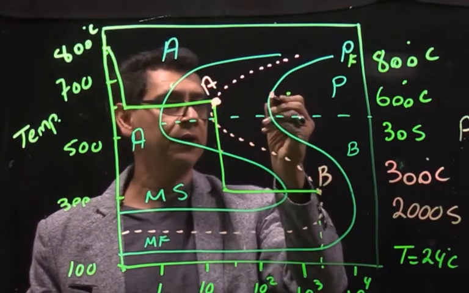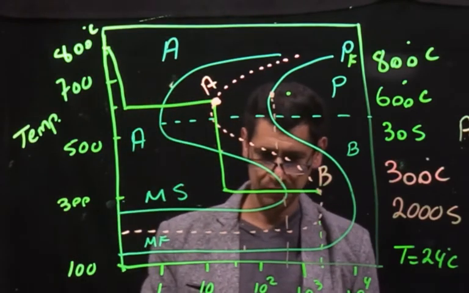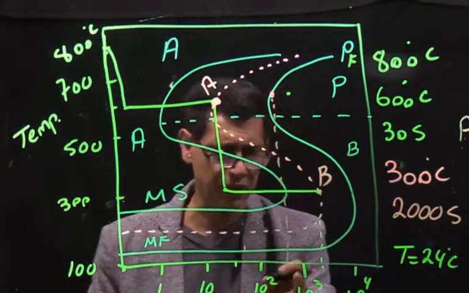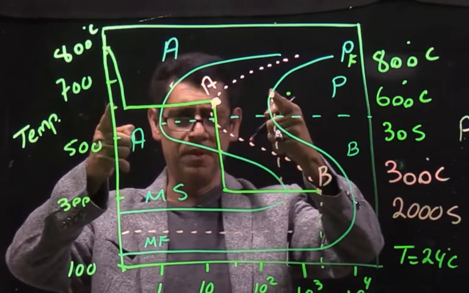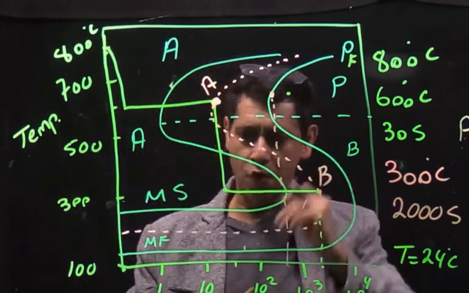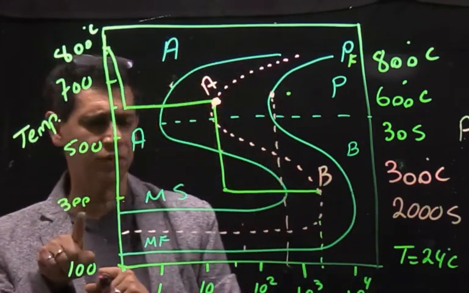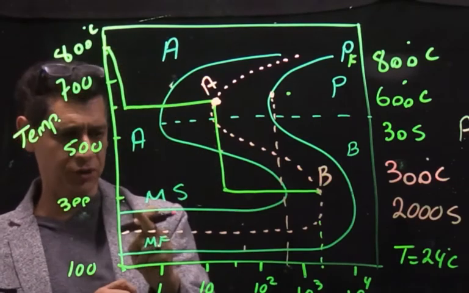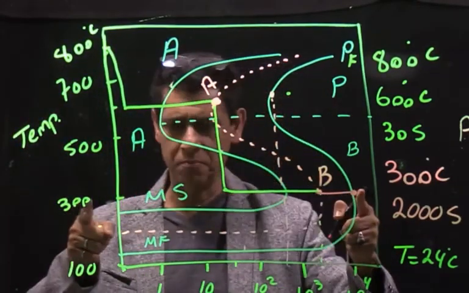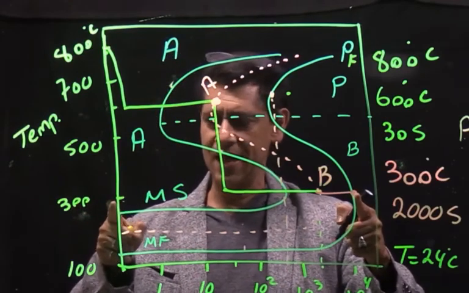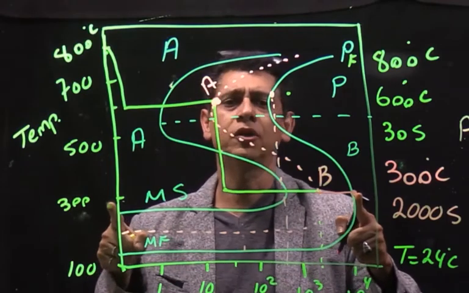Then you bring it down here, whatever that is, 80 seconds. 700, 500 seconds here. So this is the minimum. How long it takes for 100% bainite to form at 300, assuming you come from 800 to this temperature, is this guy. You go here. This is the minimum time required at 300 for 100% austenite to become 100%